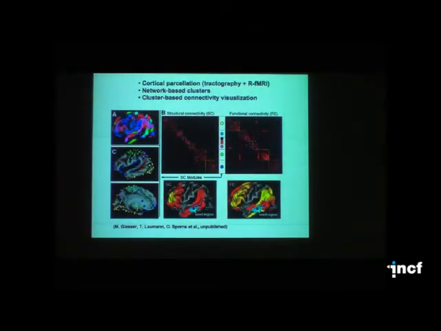to parcellate the cortex of individual subjects, to identify the centers of those parcels, and to carry out network type connectivity analyses of the type that you see here using software analyses that Olaf Sporns and our consortium provided. So this is a structural connectivity matrix between a set of parcels in this individual subject.